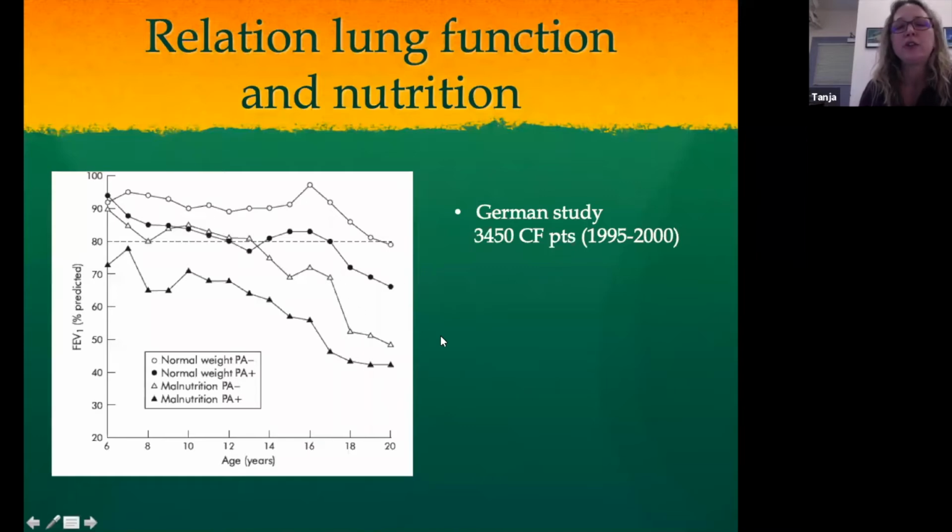And there's a German study where they did a quality project with their first registry data. When they looked at their patients' data, here's the FEV1 lung function, the percent predicted, across different ages, and they separated these CF patients into those with normal weight and a negative finding of Pseudomonas, or normal weight and a positive culture for Pseudomonas,